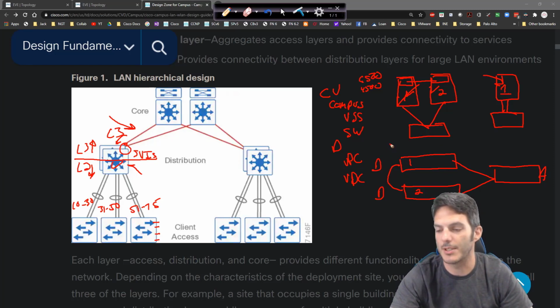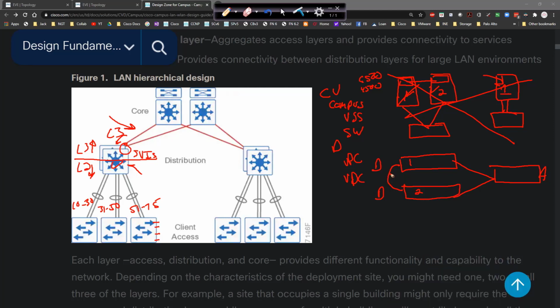So another way of dealing with this is to move away from this design and strictly stay at the pizza box or the standalone switch methodology. The idea is that when you do this method, if you add a third switch, for example, right, and then we run a connection here, and then we add a fourth switch, and then we have another access layer device right here, and then this guy connects to this guy, and then this guy will connect back up to here, right? So they're all interconnected, right? Well, what's cool is this guy right here will actually look like